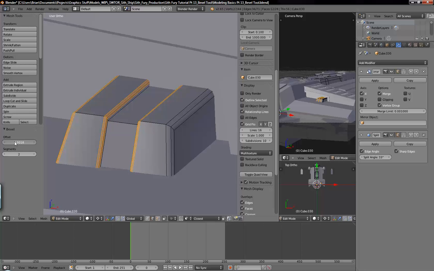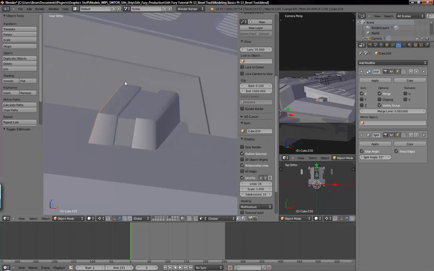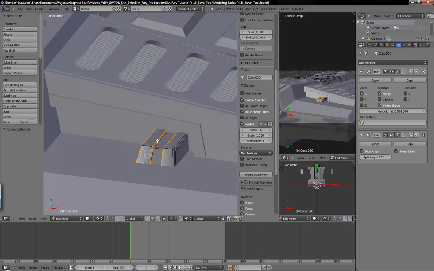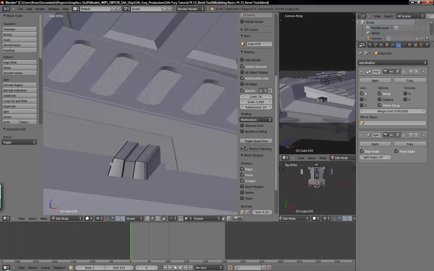And you can also hold the shift key down while you're dragging on the offset here to slow it down a bit, because it's really sensitive and you don't have to move the mouse that far to get a result. So you crank that and you set your segment, and there you go. You just beveled pretty much the whole object in one sweep, and you have a lot more control over what you're beveling, as opposed to doing the whole object or using the